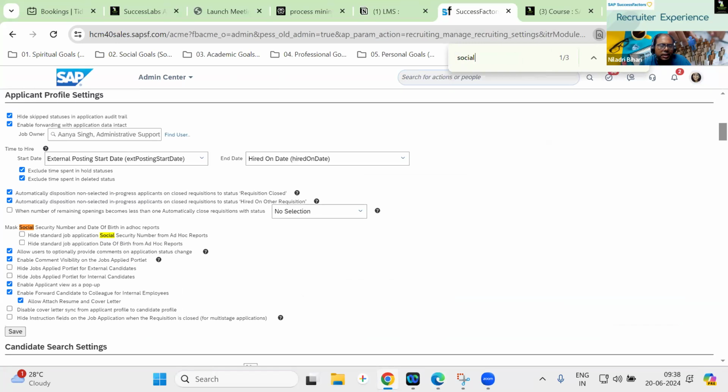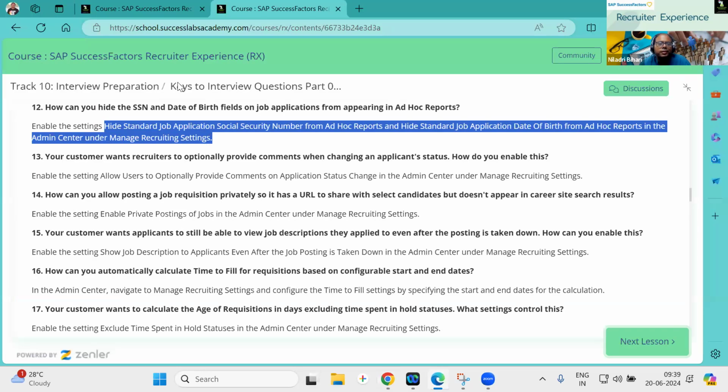Another thing, this is what I was talking about, is very specific to the US: mask social security number and date of birth in ad hoc reports. Any kind of ad hoc report you are building, if you want to hide the SSN and date of birth, this is the setting you have to perform. So this is the answer.